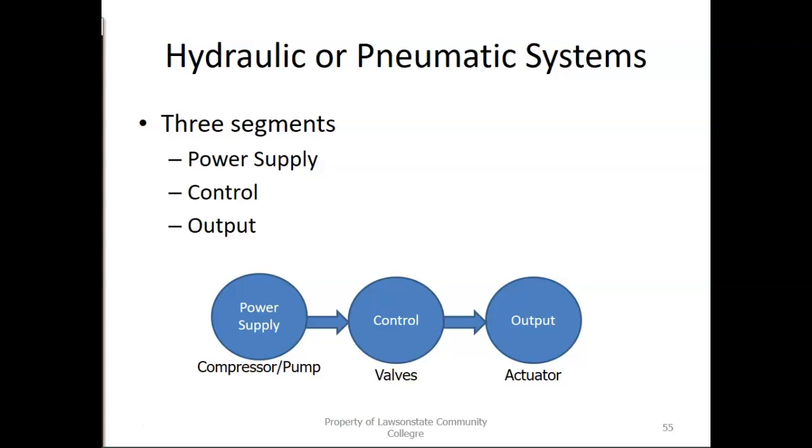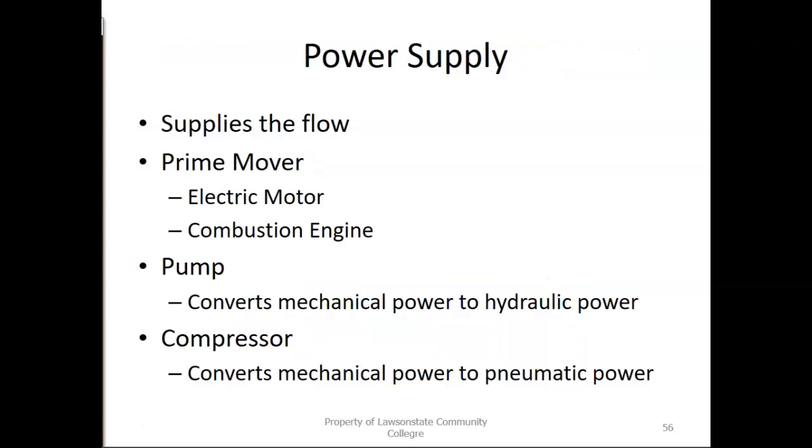All right, so you have to have a supply, control, and output. Those are the three major parts that you have to have. With a power supply, you have to have some form of a prime mover. This is either counted as an electric motor, something that's going to constantly kick on and run, or a combustion engine. This is what you would find at something like a job site.